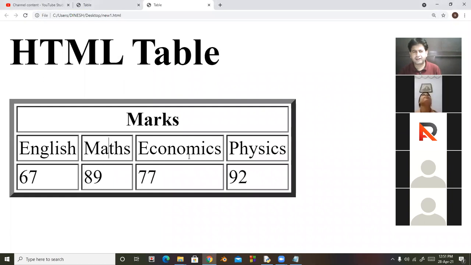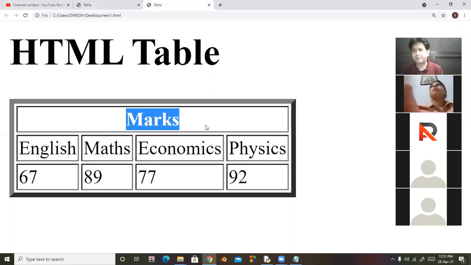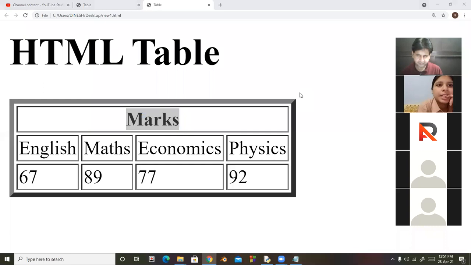So here are 4 cells, but in first row, 4 cells merged. So there is a col span. So any doubt in this? Daksh, any doubt? Yashit? No, sir. Okay beta.